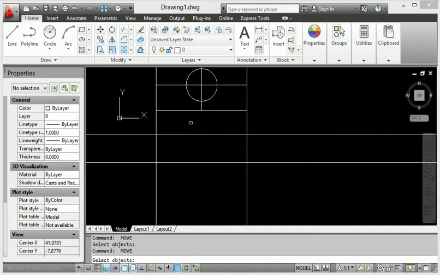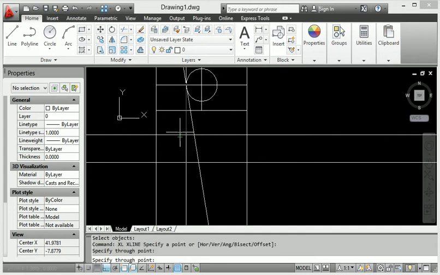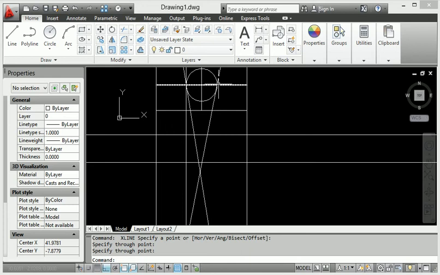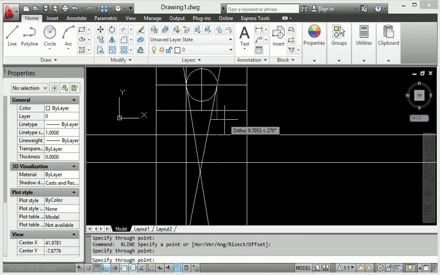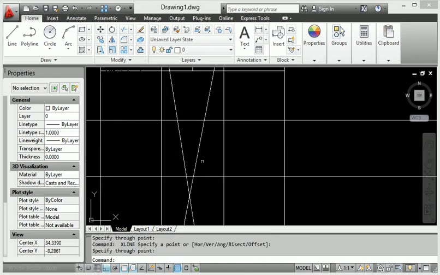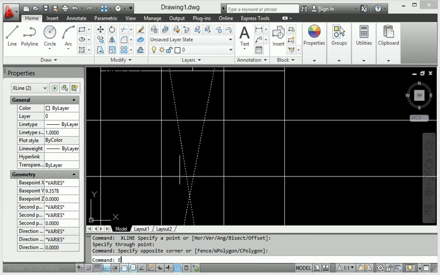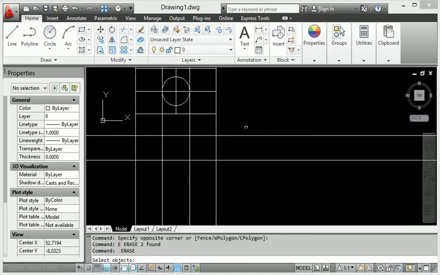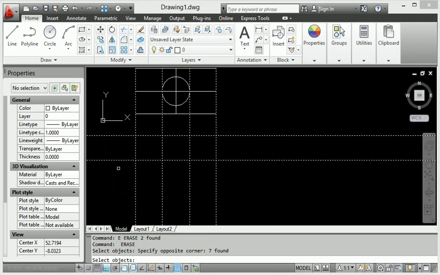When again click the construction line, so start from this point and start from this point. So this is extra line I have created. So when I go to delete here, when again I will go to trim right now. So when you click this here, trim, this is trim.